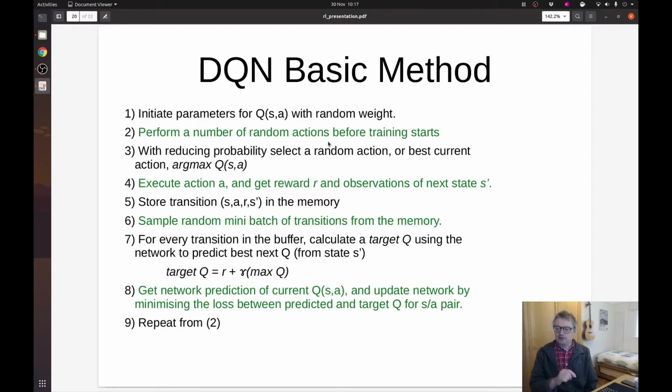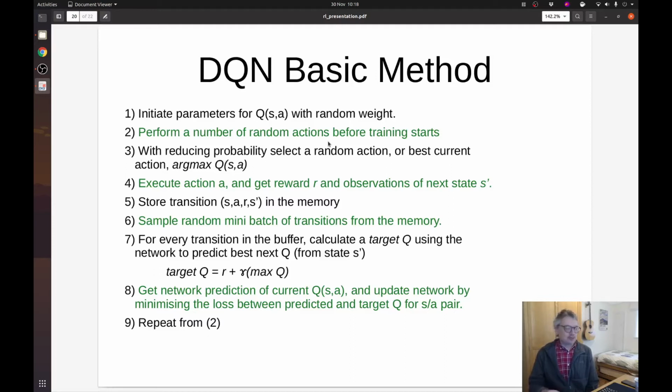The network we're going to use to make decisions, we're going to call our policy network. So when we're making a decision, we always hit our policy network. And our policy network is what we update in training. But we've got this second network, the target network. Now the target network is a copy of the policy network, but it's copied across just every, say, 1,000 steps. So the target network is kind of like an outdated version of our policy network, but it's